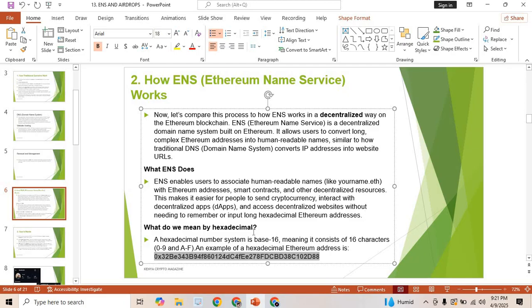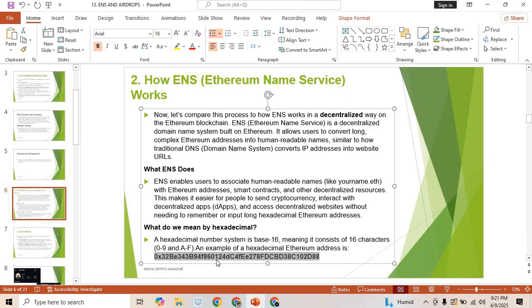So in short, instead of me asking you for an Ethereum address and you sending me all these characters, and you cannot actually cram this whole thing, what the Ethereum Name Service does is that I can replace all these with a simple thing like wanjikokaranja.eth. So if anyone wants to send me Ethereum or any type of crypto, I'll just give them my ENS, which is the Ethereum Name Service. In this case, the example is wanjikokaranja.eth. When they have that, it's easy to remember, number one, and it's also easy for people to send